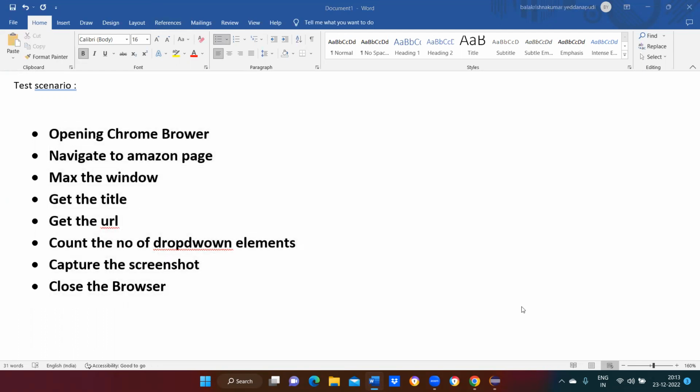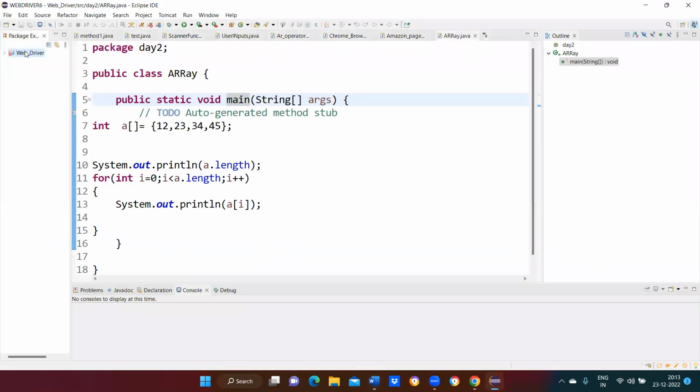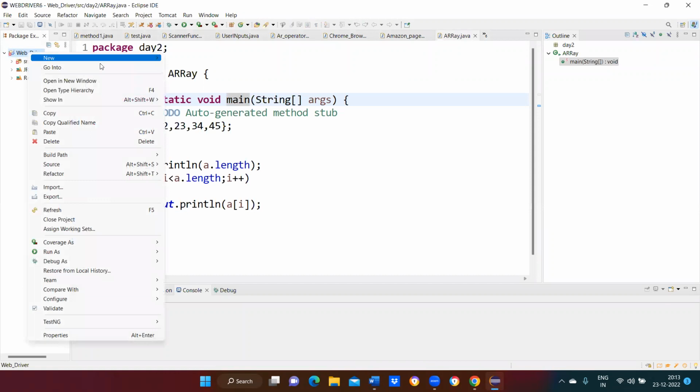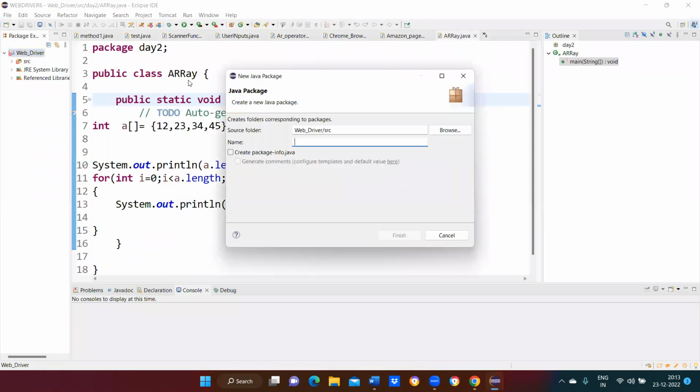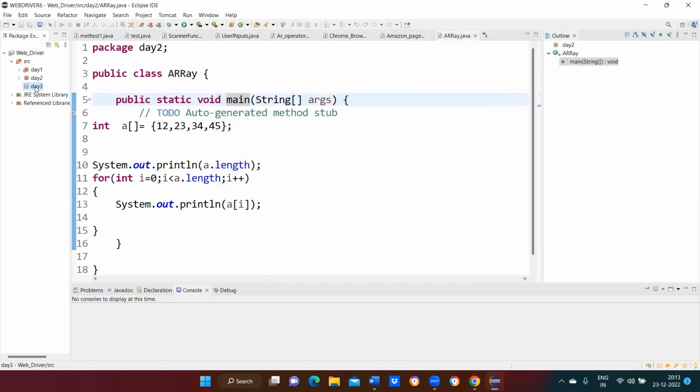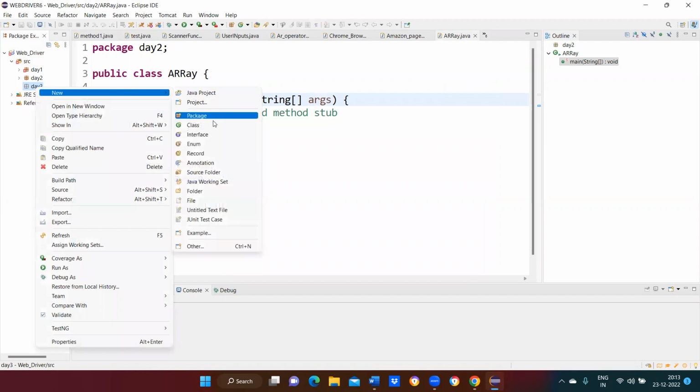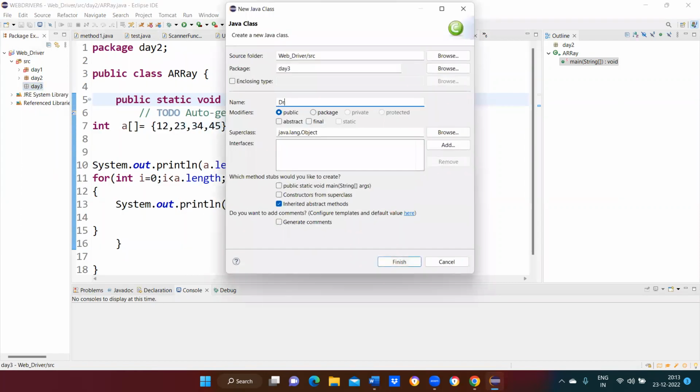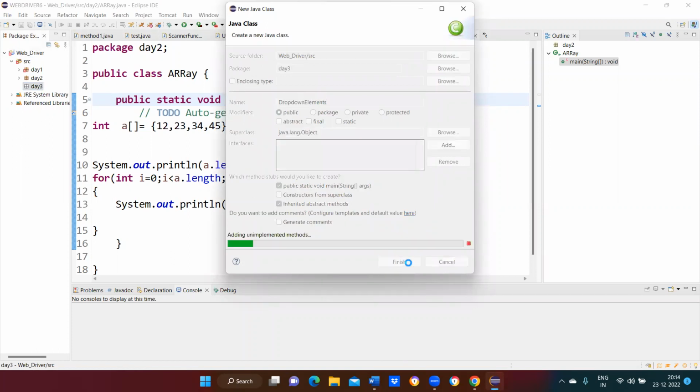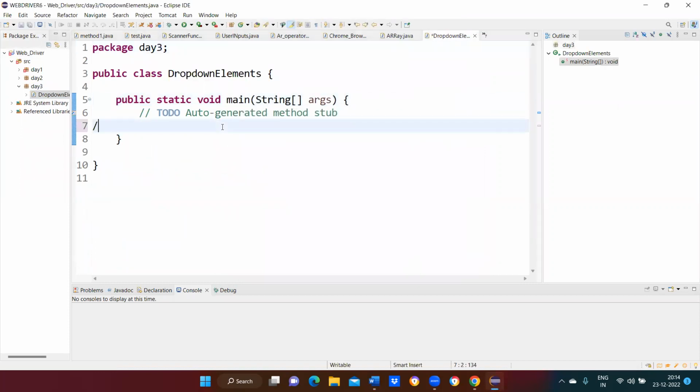Okay. So for that, I'm going to create a package in WebDriver. Right click on that, go to new, click on the package. I'm going to create day 3, click finish. Under the day 3, right click on that, go to new, click on the class, drop down elements, public static void main, click finish. So I'm going to write opening browser or set browser using